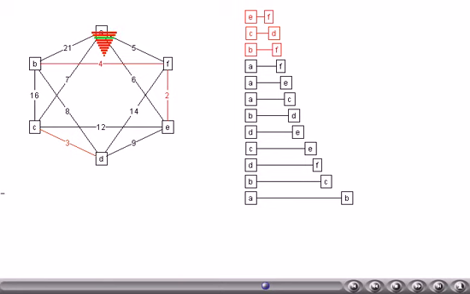The next smallest edge BF is selected. Its inclusion also is not going to give any cycle in the minimum spanning tree, thus it will also be selected. Now the next smallest edge AF is also selected. Its inclusion also is not going to give any cycle, thus it will also be retained. Now the next smallest edge AE is selected. However, its inclusion is going to give a cycle in the minimum spanning tree, thus it will not be retained in the MST.